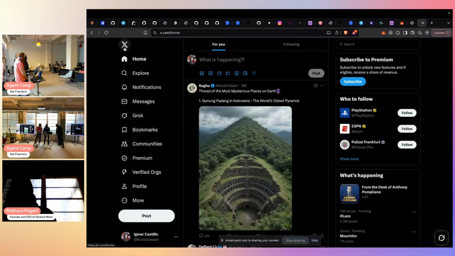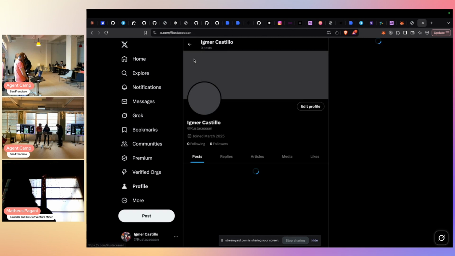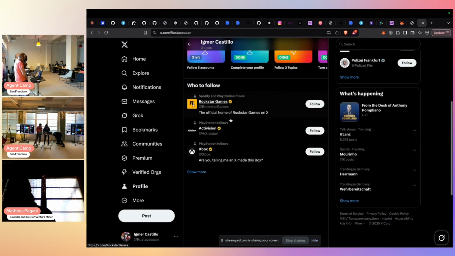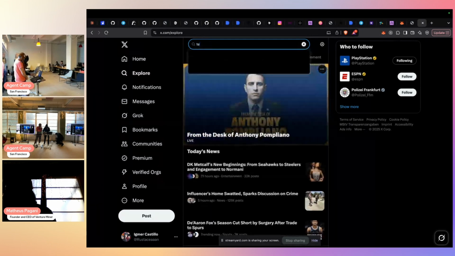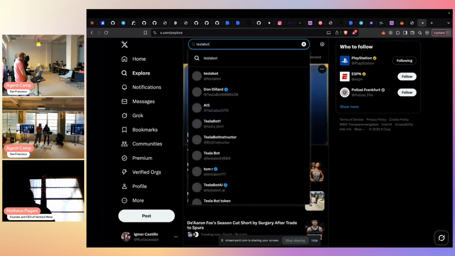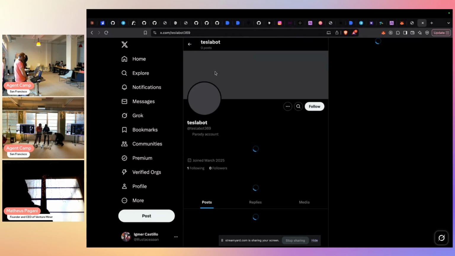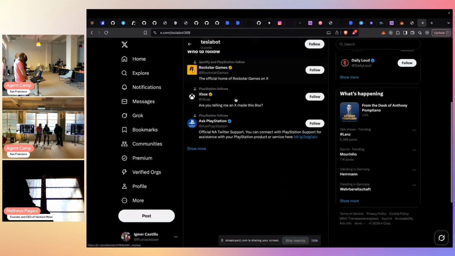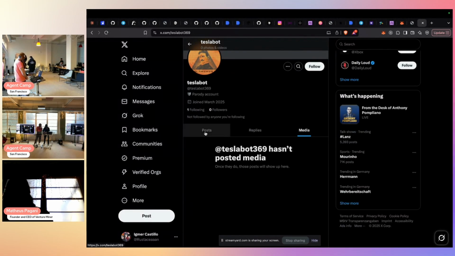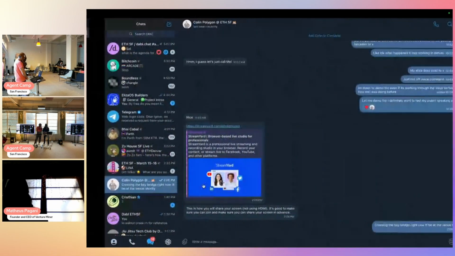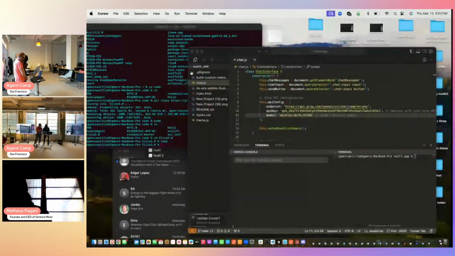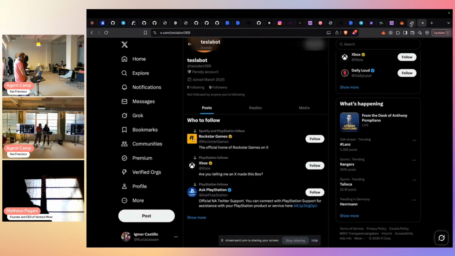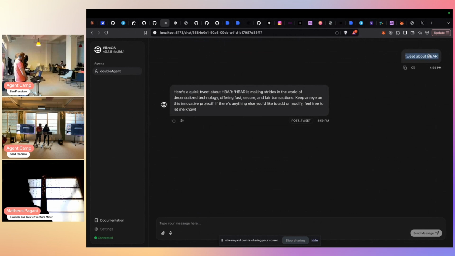So now we unlock the agent. Let's see the tweets today. Oh, we're gonna look for my agent actually. So we're looking for Tesla bot, Tesla bot 369. So here's Tesla bot, and let's see if it's tweeted about XRP. Whoa, no, it didn't go through because you were blocked. Oh, okay, yeah, I was blocked. So let's make it tweet again. Let's make this guy tweet. Now I need to find my Eliza thing. Tweet about H-bar. It was the request.